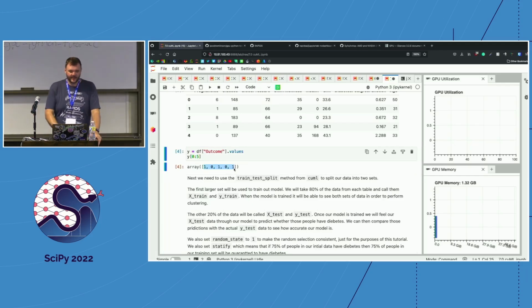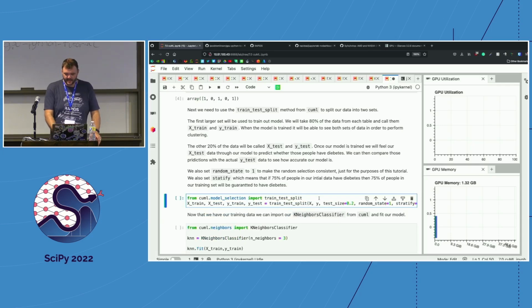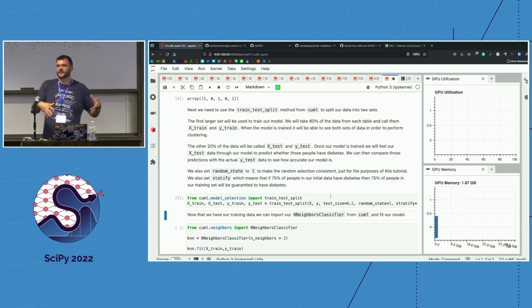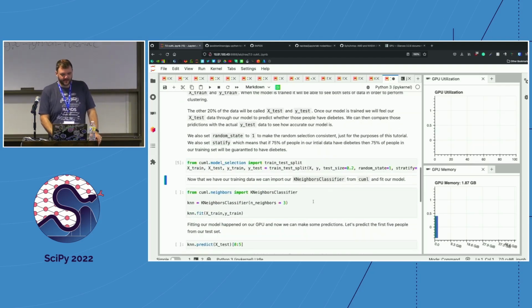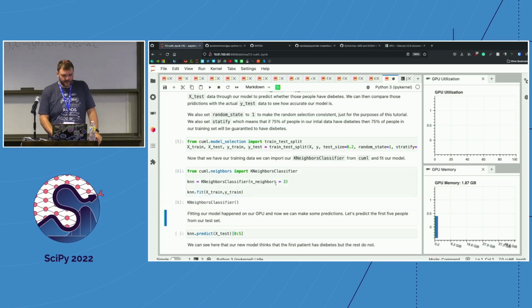And then we can use standard things that you would expect to see in scikit-learn. So if we want to split our data out into a training set and a testing set, we can use train_test_split, same as you would in scikit-learn. We're just importing it from cuML here instead of from scikit-learn. So if we assign that out, deciding we're going to use 20% of our data for testing, cuDF is going to load the data in, hand it off to cuML, and it will split that out. We'll have a few data frames here for running through. And then we could just train a neighbors classifier here